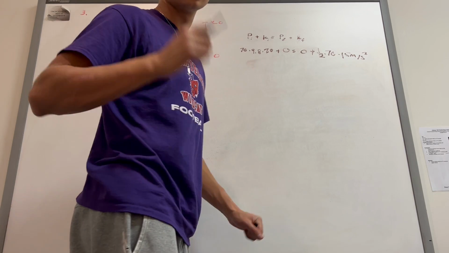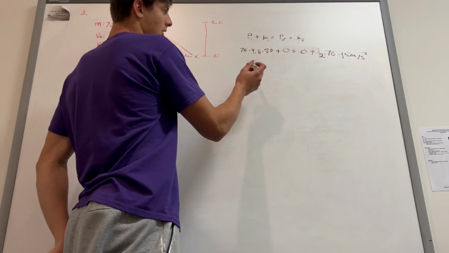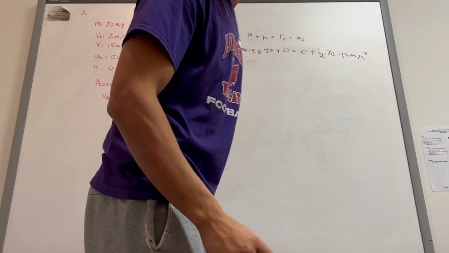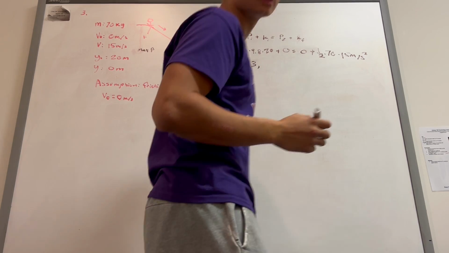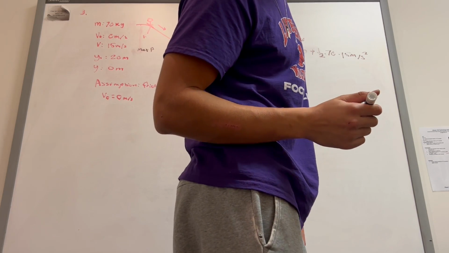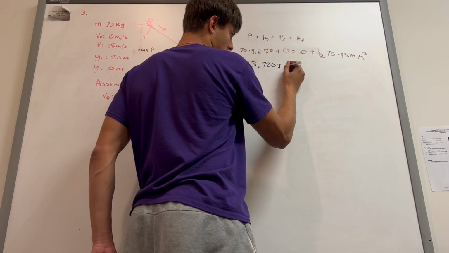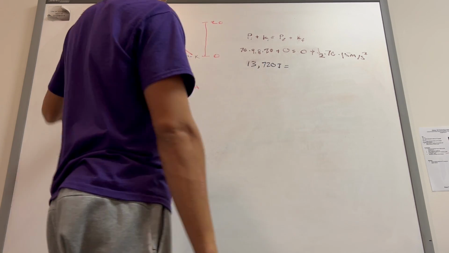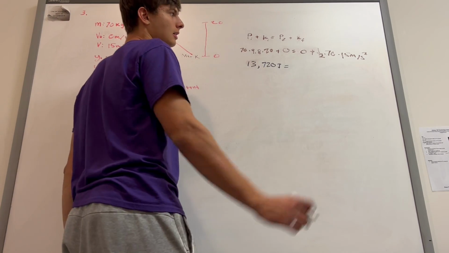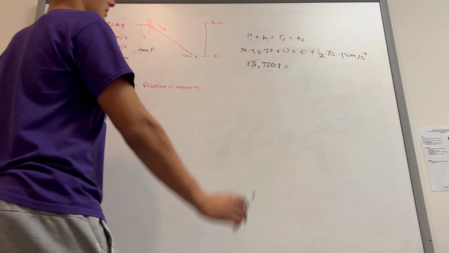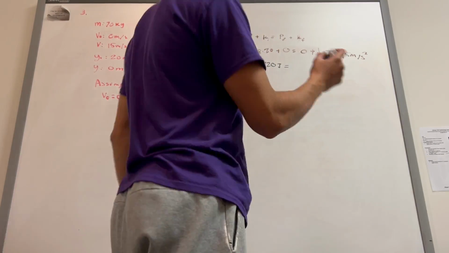Alright, I was cut off because of my phone, but if we calculate the initial potential, you're going to get 13,720, and that's equal to the initial potential. So how much energy they have up here. And then if you calculate this, which is the amount of kinetic energy they have at the bottom of the hill, it is